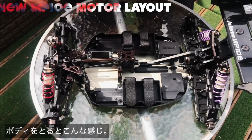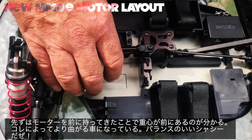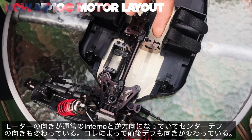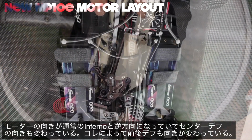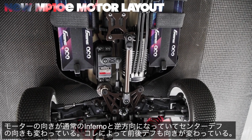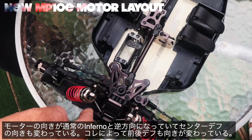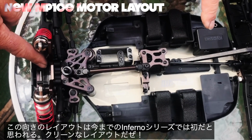Okay, so we have all the body off. We've put the motor in this way to keep all of the weight at the front so that it gives you more steering, just makes the car work so much better with all the weight at the front. But by doing this, we put the motor in the other side and we put the diff around the other way, and by doing this we had to put the diff so that it runs to the right hand side of the gears rather than the left hand side, the traditional way that you've put in all of your KYOSHO so far in the Inferno